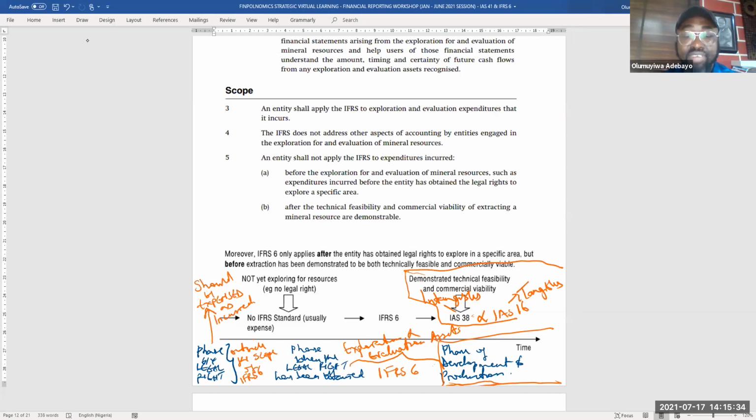Okay, which means IFRS 6 is in between when legal right is obtained, but before development and production phase. And that is that. Any question on that? Any question on that? Now let me give a clue about developmental phase and production phase. Okay, now before that clue, let me identify that